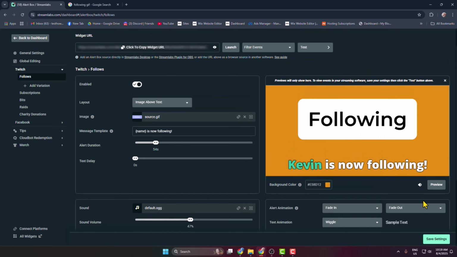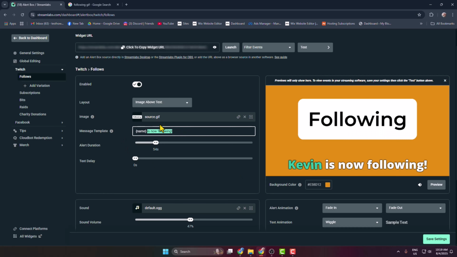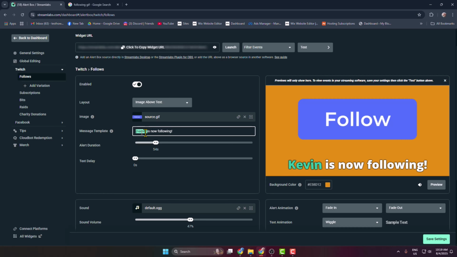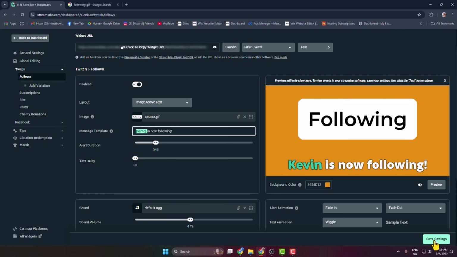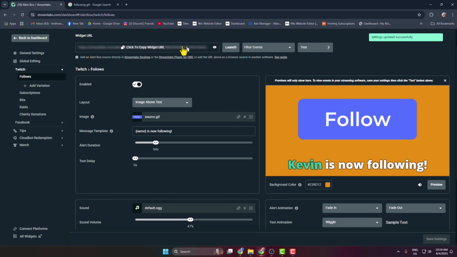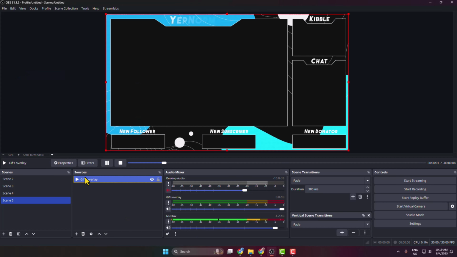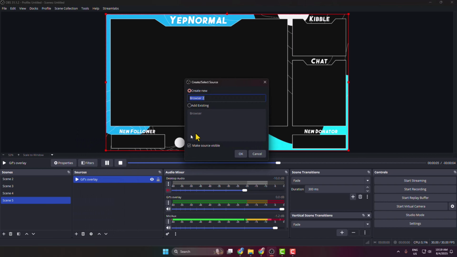Now all you have to do, if you want to change this text part, just come here and you can go ahead and change this text part. Don't edit this variant, then just click on save settings. Once the widget saved, just click here to copy your widget link. Now go back to your OBS, under sources click on this plus icon, select browser and giving here